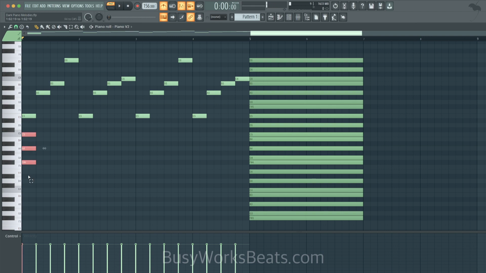This diminished root, you don't need to memorize all these terms, trust me. But that's why that sounds kind of funky. It's because of this F sharp right here. So we could skip that F sharp and go skip E, go to D, and then we could leave out the F sharp. If you want more darkness, you could skip C, go to B, or you could just add that A. So there's a lot of ways to what's called voice it. So I like this voicing, which is just A minor: A, C, E.